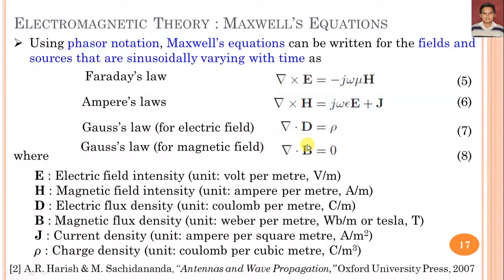And this is the fourth law, called Gauss's law for the magnetic field, and it shows that the divergence of the magnetic field, del dot B, is always 0, which means that the magnetic field lines form closed loops, and the integral of B over a closed surface is 0, or we can simply say that a magnetic monopole is not present. So this is Gauss's law for the magnetic field, del dot B. So we have defined the four Maxwell equations, and when we put d/dt equal to j omega, these Maxwell equations are used for any kind of antenna analysis.